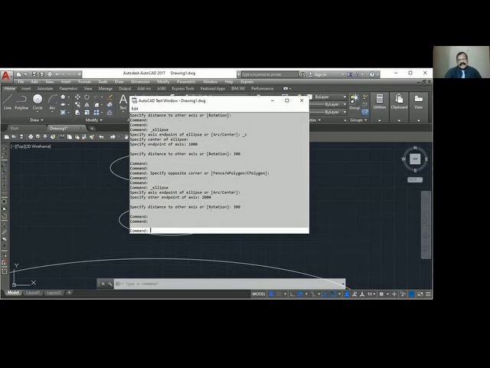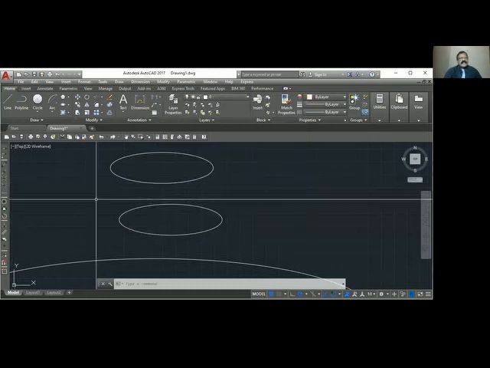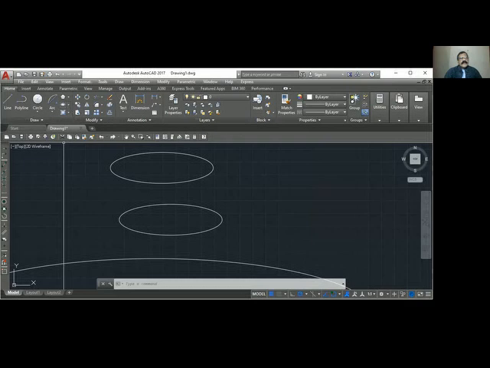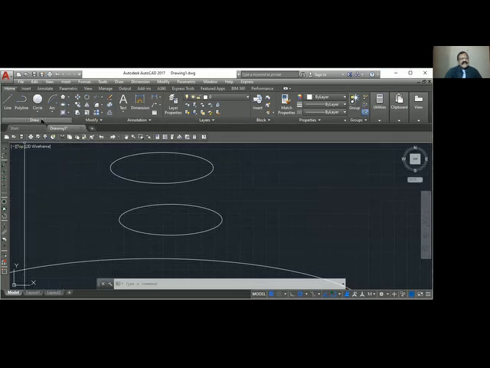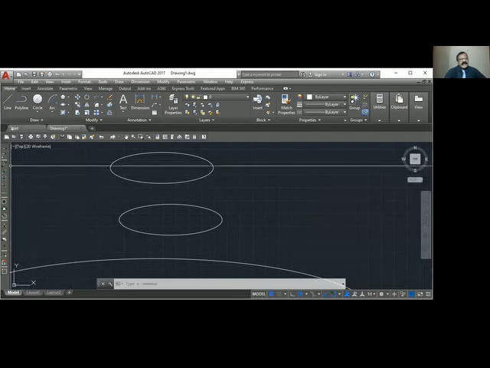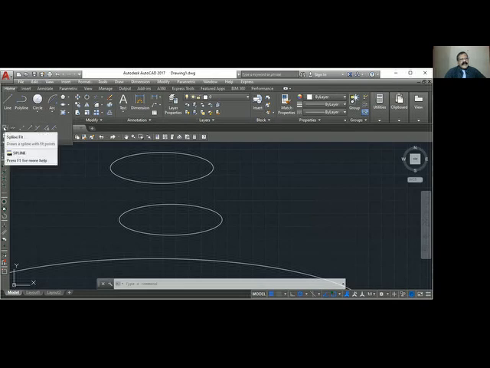That is actually rotation. So we have seen the ellipse. Arc we have seen, ellipse we have seen. There is one more ellipse, so forget about this for the time being. When you see these panels here and click this arrow, you have more options. Let me take the first one, which is spline.